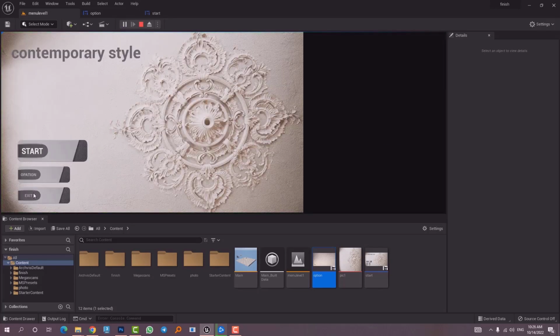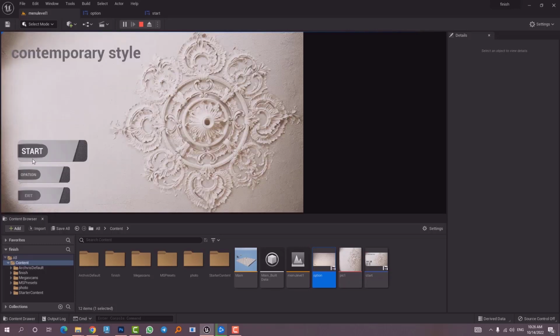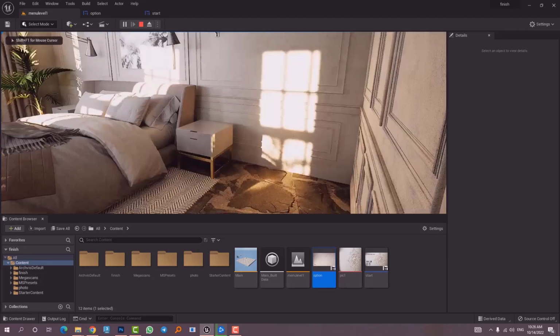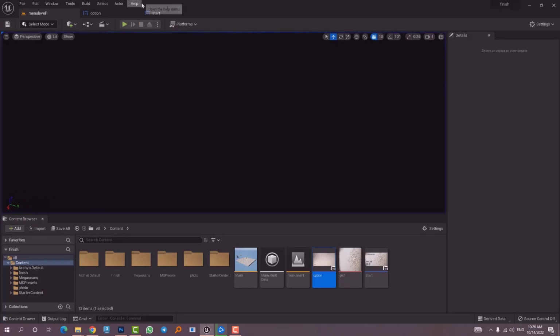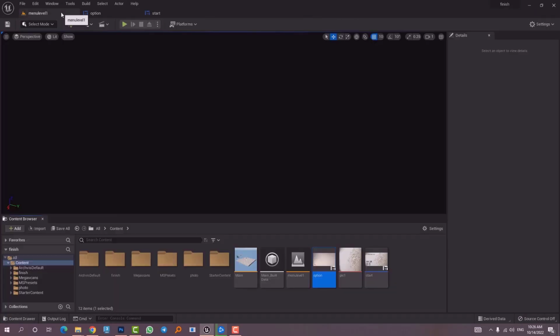Let's see what options does. Seems to be working, works fine. So we did this very easily this time. And if we click on the start, we can go inside the project and go to the different sections of the building. Okay. Alright, so in this session we learned how to create another widget,